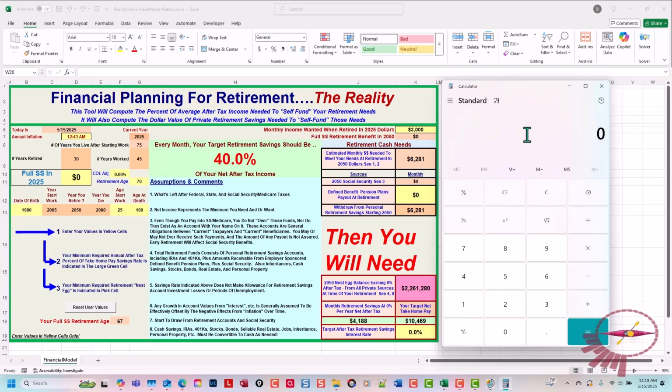We'll take 41.88 times 12 times 45 years, which gives us 2,261,000 and change. So you can think of it as taking the full Social Security benefit and taking it out linearly. For the retirement years, you'll need 2.261 million saved for you,